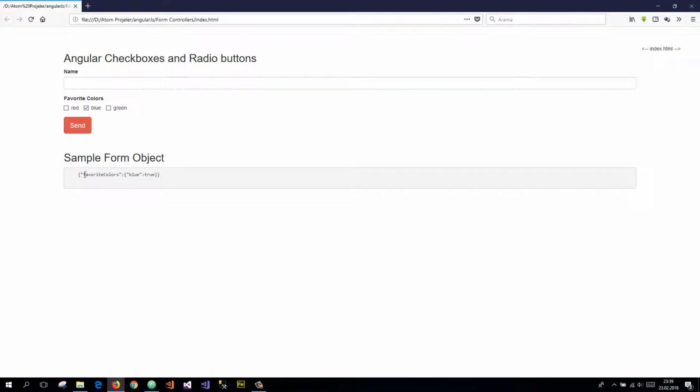As you can see, form data works when you click the checkboxes. Favorite colors: blue true, green true, and red true. Also, click green, green is false. Also red and blue. Blue is true. Okay, and name is